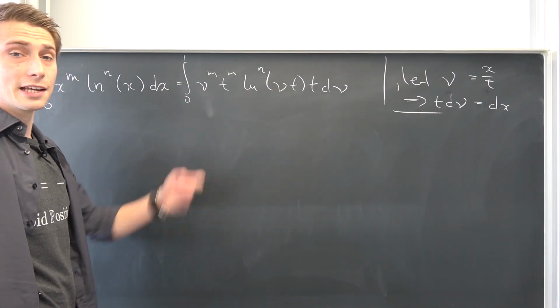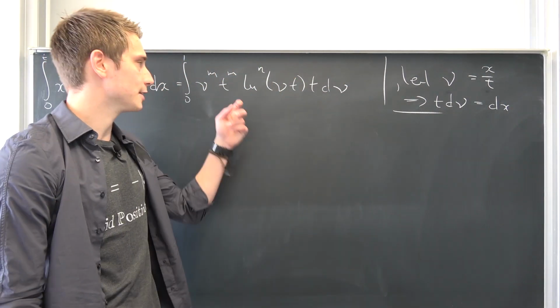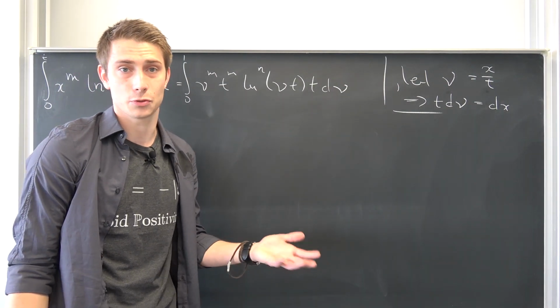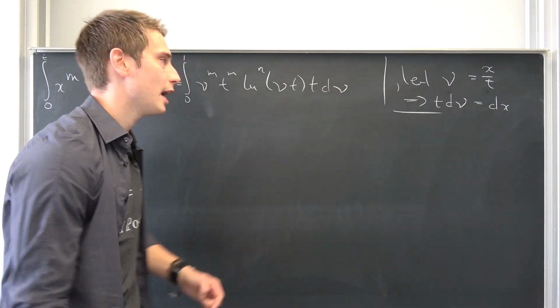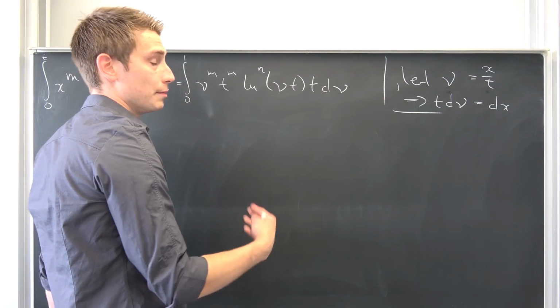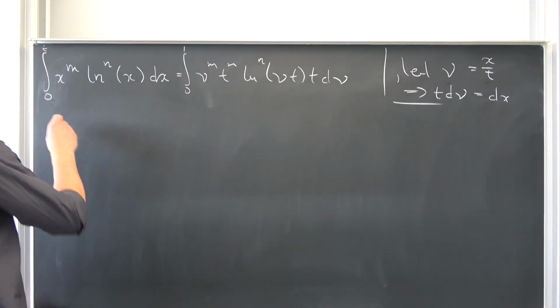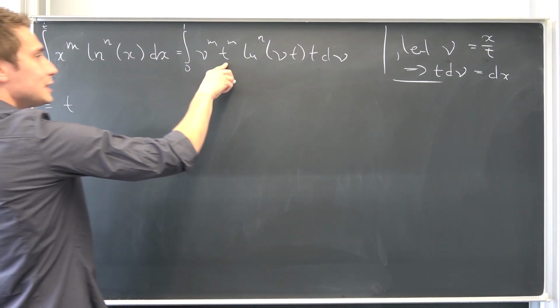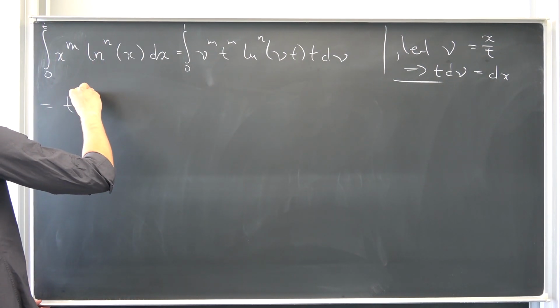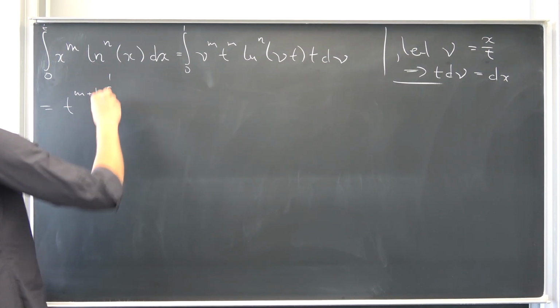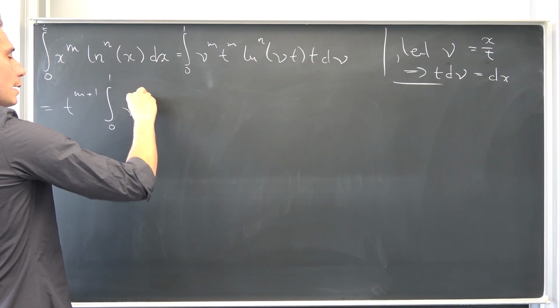Now, gladly, our t, our parameterization, is not with respect to our nu, our variable we are integrating over, meaning it's just a constant. Using the linearity of the integral, we can bring it to the outside as t to the m plus 1th power times the integral from 0 to 1 of nu to the mth power.